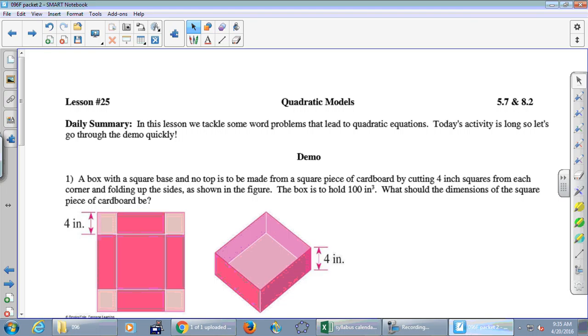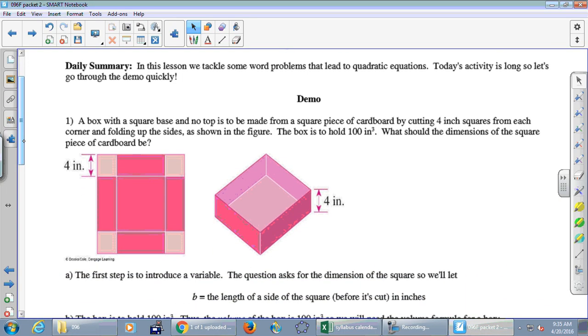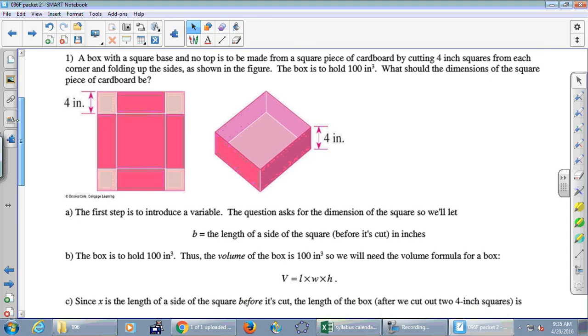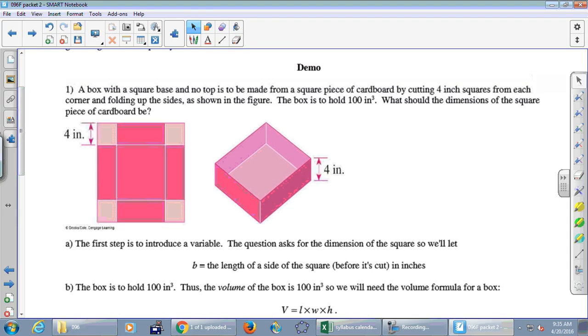So starting here at the top of page 204 with our summary. In this lesson, we tackle some word problems that lead to quadratic equations. Today's activity is long, so let's go through the demo quickly. Here we go. All right, so here's the idea. We're going to take a